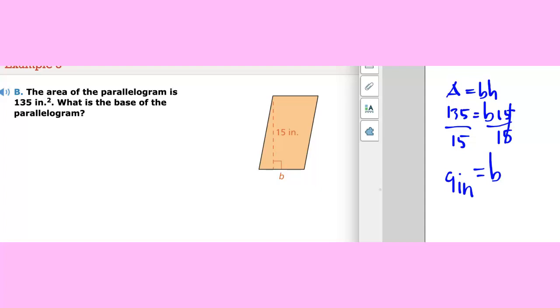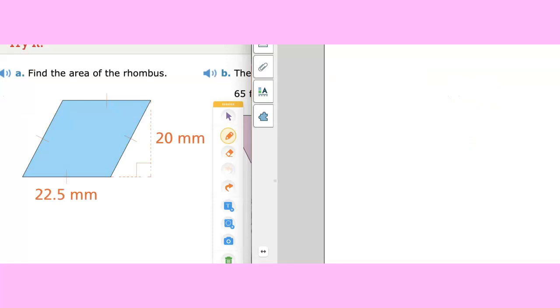I don't know if you really need more examples, but let's look at one more. One last example. We have to find the area of a rhombus. A rhombus is just like a parallelogram, but shaped in a very tilted way. Here the base is 22.5 and the height is 20. It's the same formula, area equals base times height. Since we're looking for the area, it's 22.5